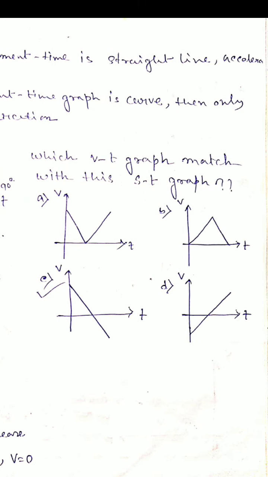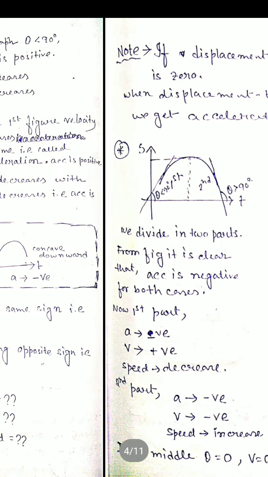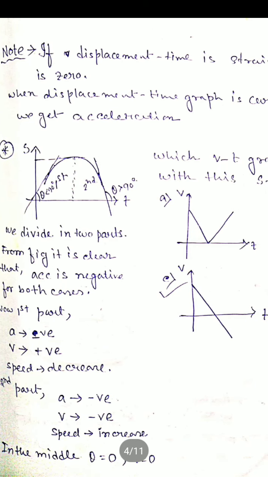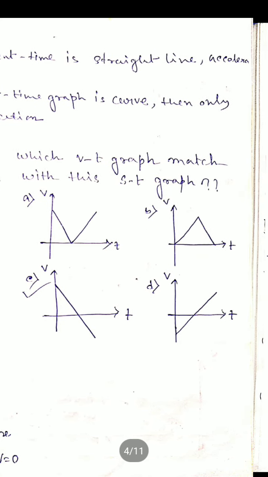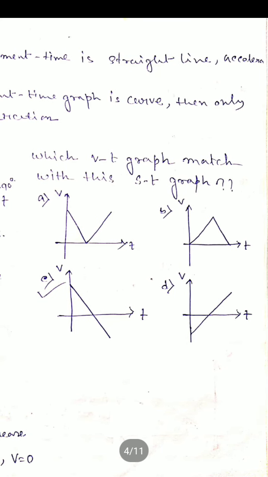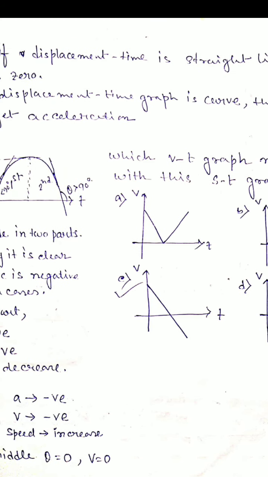If we talk about the first one, first velocity decreases to 0, but the value here, you see, is not right. Sorry, velocity is positive, but this gives us velocity negative. So the first one is not, the second one also not. Okay, the third one gives us this: first velocity decreases, then 0, then it will increase.